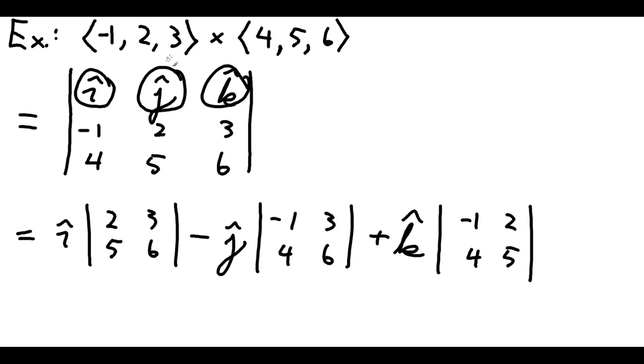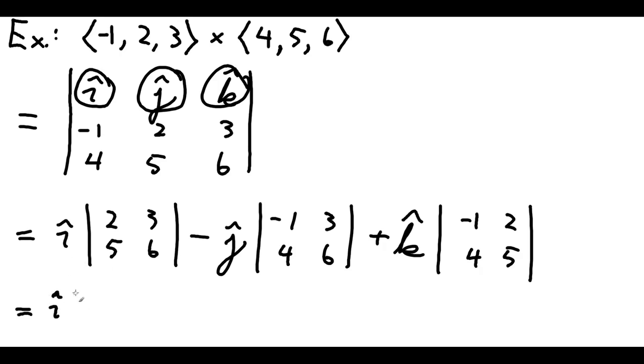Do remember that the cross product is not commutative. It is anti-commutative. So you always want to put your first vector before your second vector. It does matter. Your i, j, k go on top. The next row should be your first vector, and then the last row should be your second vector. But once you've set those up and gone through all of this, now we see that we have